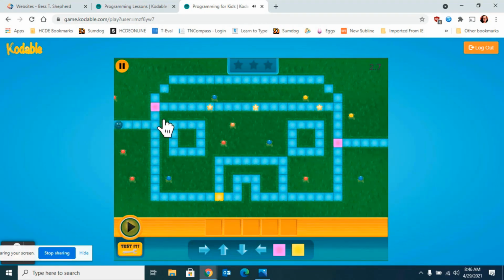So if I look, I have colored tiles, and this is what, on the sequencing, I could have used to make a shortcut. Now, the stars are up here, and remember, you want to get to the stars. So he's going to go right, and then he's going to go up, but I need him to turn here. So I'm going to get a peak tile and turn on right, and then go down, and then he's going to turn on right again. And if I test it,